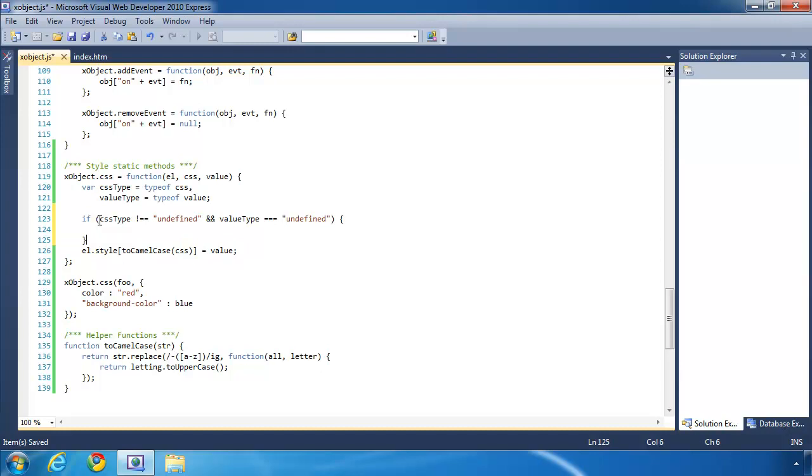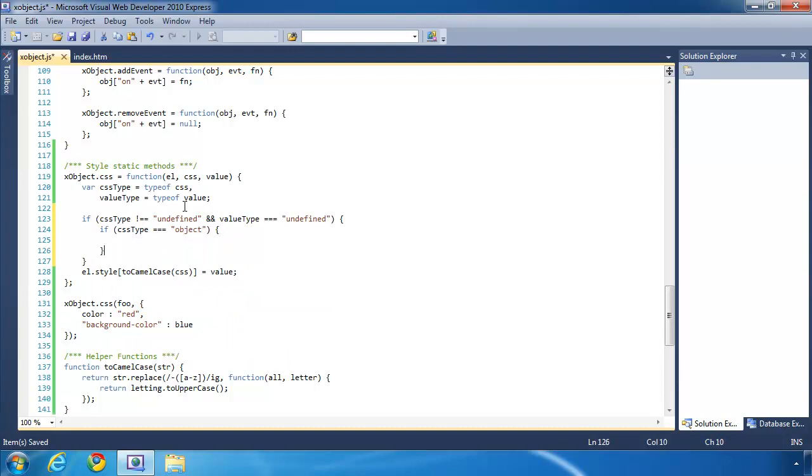Now the reason why I did this is because we are actually going to add more capability to the CSS method regarding the css parameter here. So that's why I'm not checking for object right now. We're going to do that with another check. So if cssType is object,